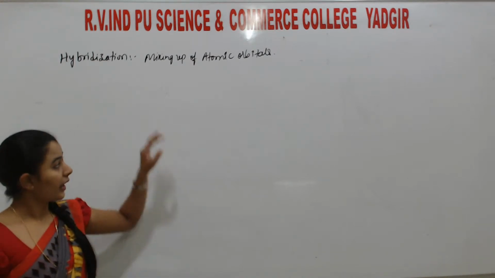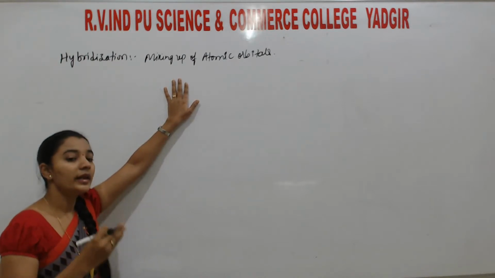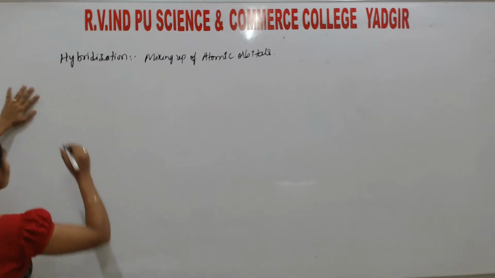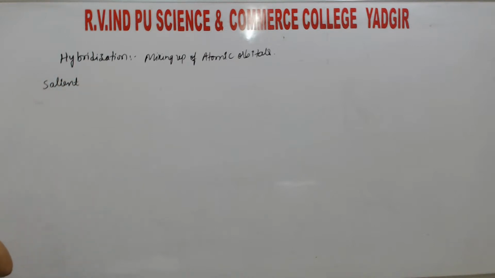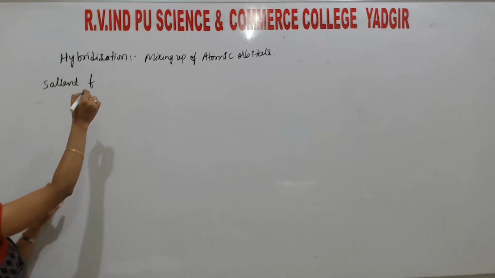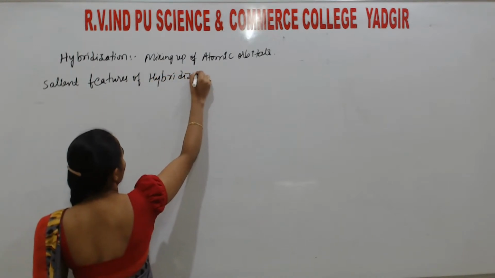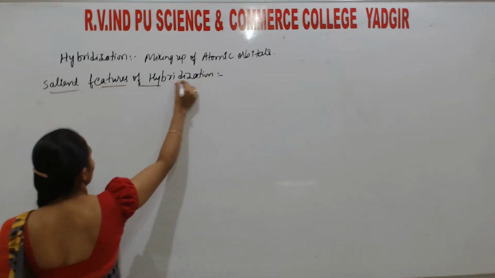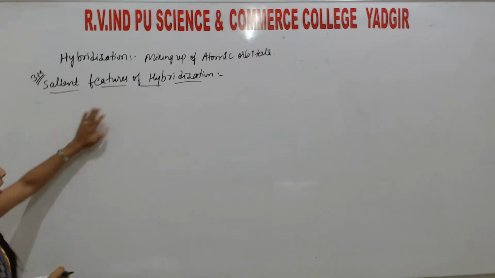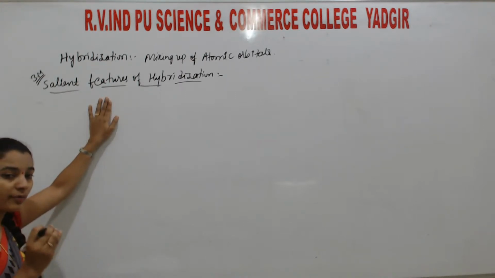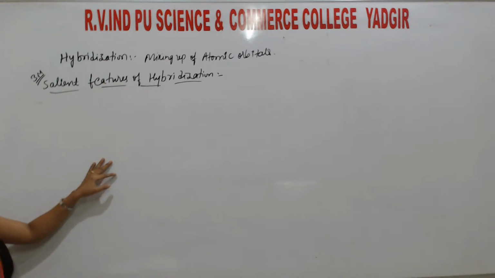The process of mixing of atomic orbitals is called hybridization. So students, initially I will write the salient features of this hybridization, which are important for exams. Later I will explain the types and their structure. Okay, so listen. These are the features. You may take them as postulates also. Salient features of hybridization are important. All the postulates, even Lewis concept, VSEPR, VBT, hybridization, and the next one, molecular orbital theory, are important. Each and every theory's postulates are important for exams. So the first one is